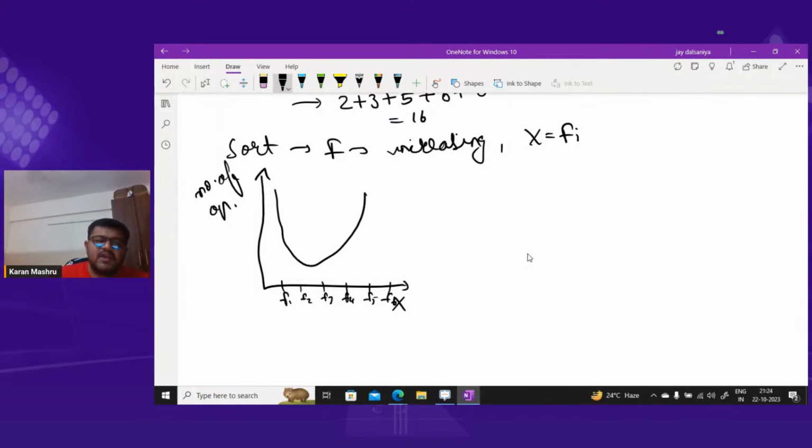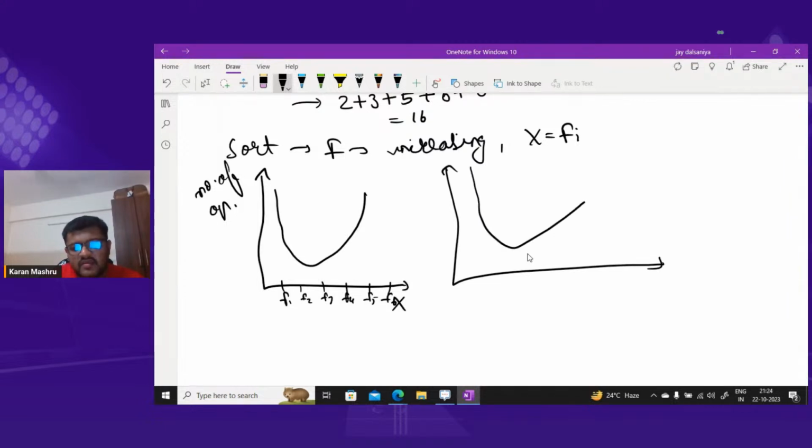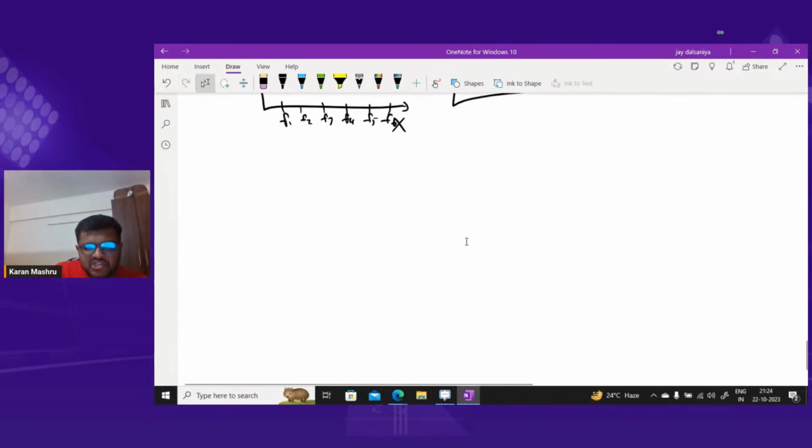So now what we can do is, we can apply binary search. Okay, so let's say your graph is something like this. Okay, let's say it can be like this. Basically it would be a bowl shape. Okay, so it can be like this, it can be like this also, it can be anything. Okay, so we need to find this point. So what I can do is, I can apply binary search. Okay, now so what will happen